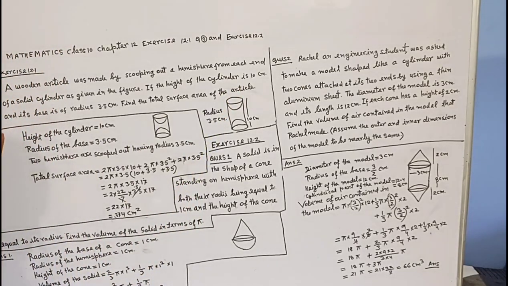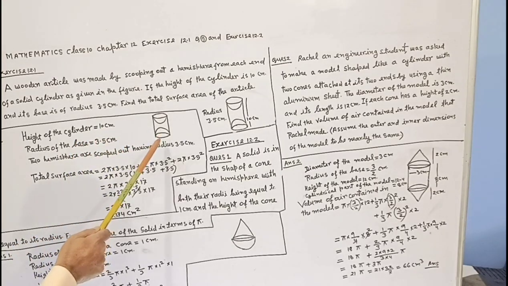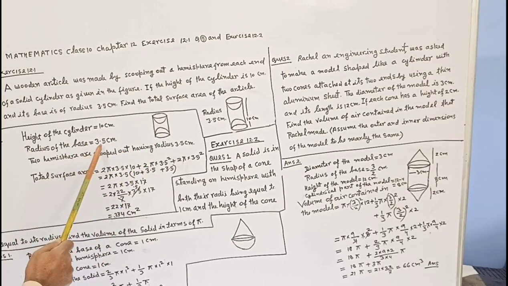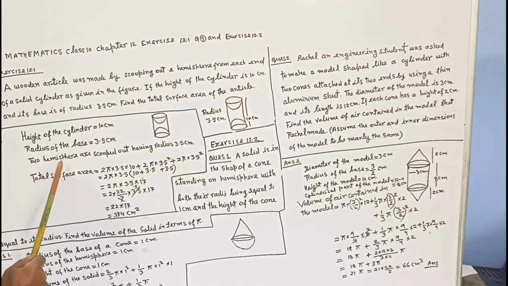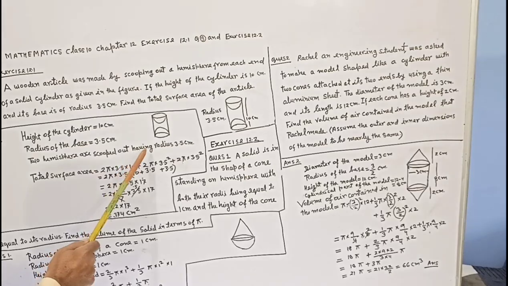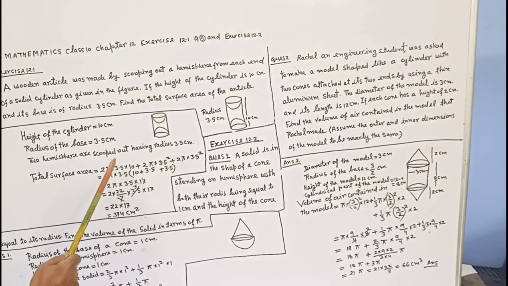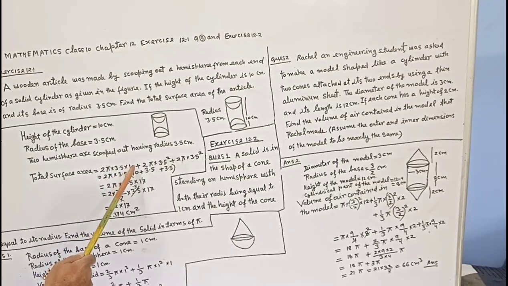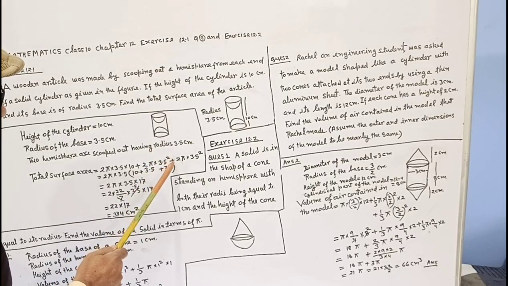Answer number 9. Height of the cylinder equal to 10 centimeter. Radius of the base is equal to 3.5 centimeter. Two hemispheres are scooped out having radius 3.5 centimeter. Total surface area is equal to 2 pi into 3.5 into 10 plus 2 pi into 3.5 square plus 2